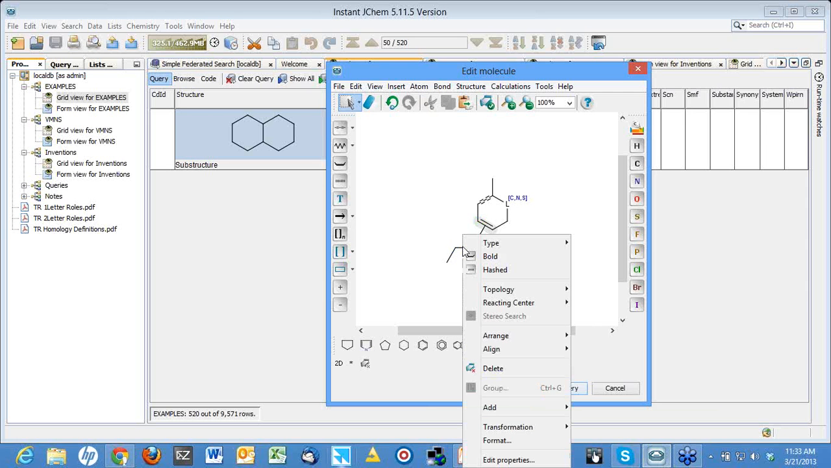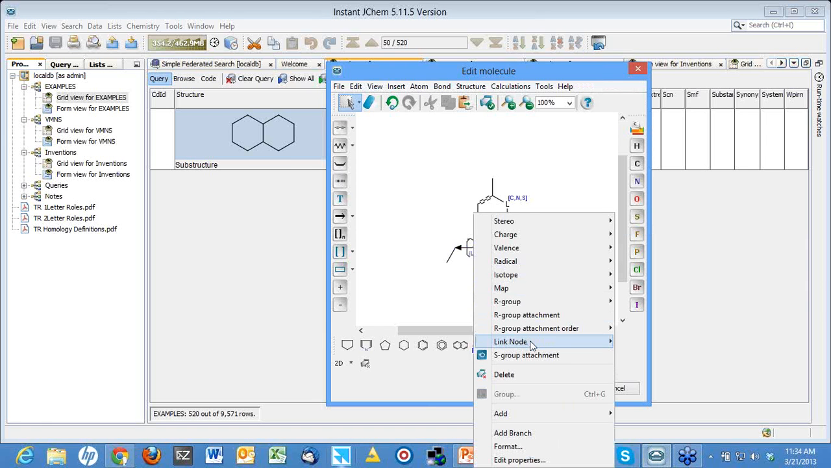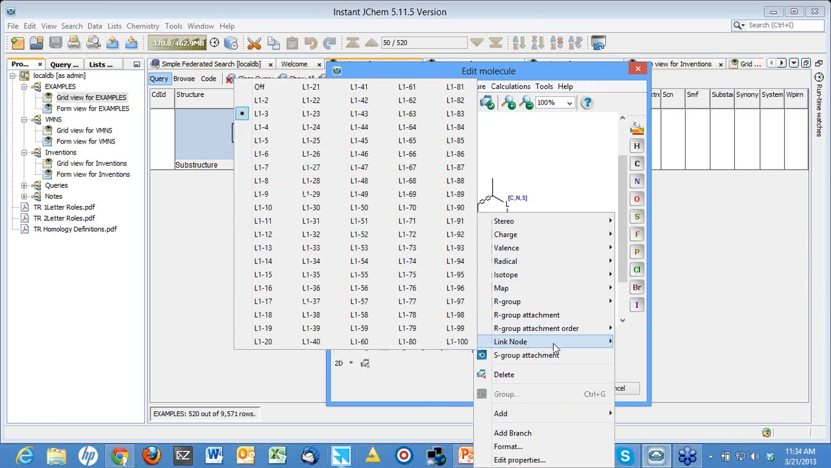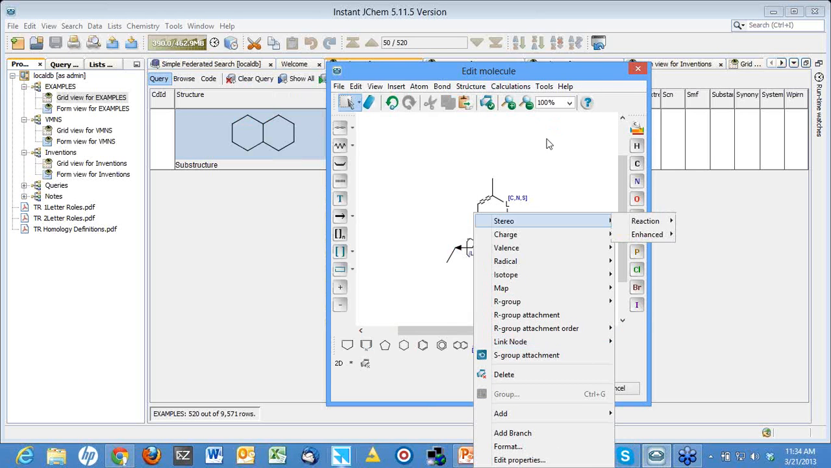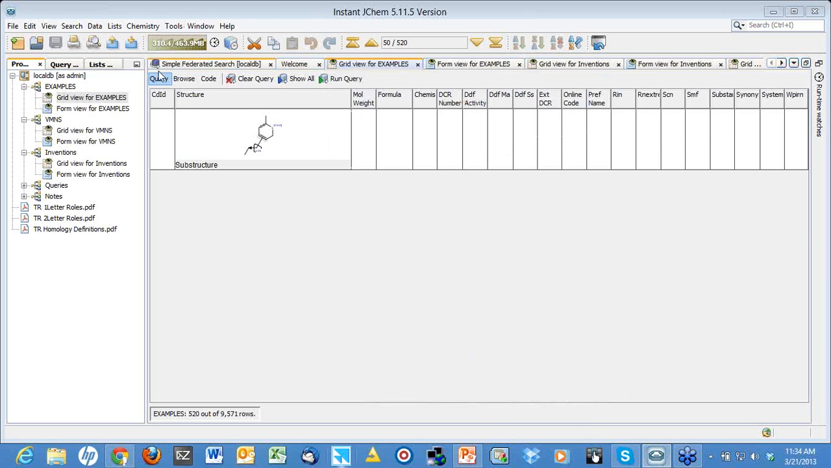You can right-click and add link nodes. So there are a lot of capabilities, up to 100 nodes you can add. So in this case, we're looking for a node between 1 and 3 bonds. So let's set the query. Let's run it